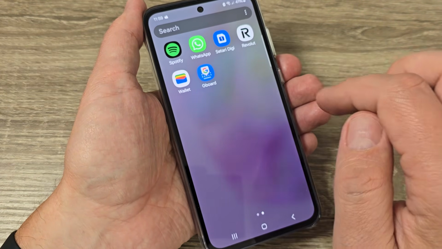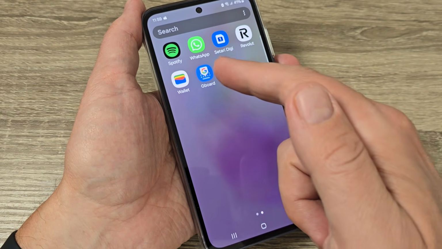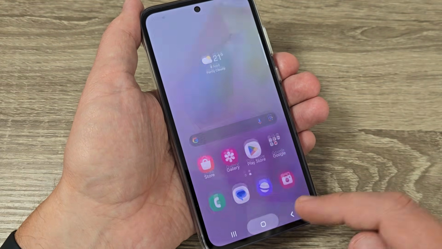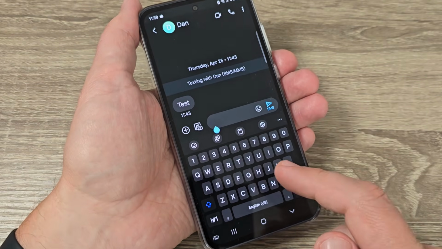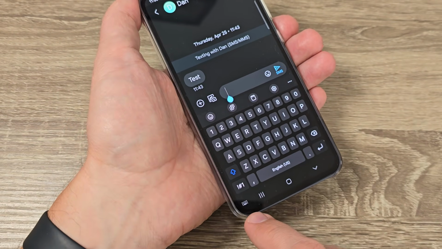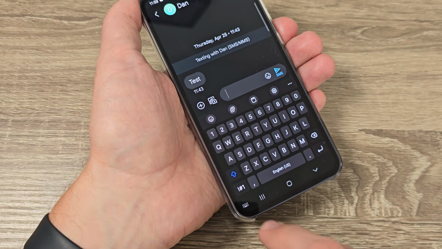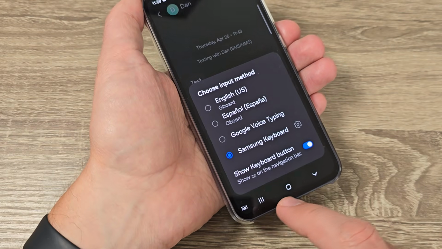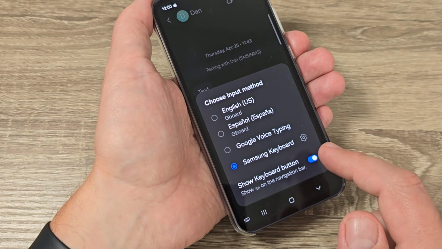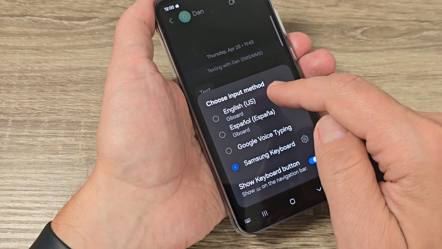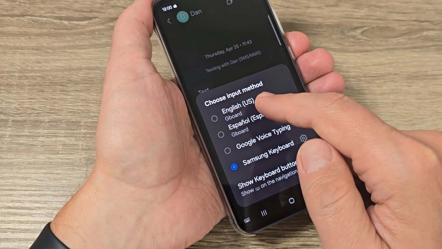It's called Gboard and I just made a video, and you will find it on my YouTube channel, on how to install this app. And after you do that, just go to the keyboard and here in the left corner I have a little button, a little keyboard icon, and if you tap on it, from here you can change the keyboard. Now it's checked Samsung keyboard, but you can change it with the Gboard, and I have here two languages,